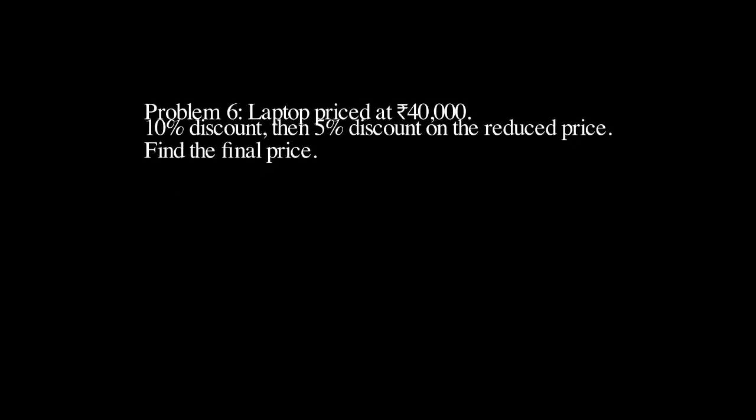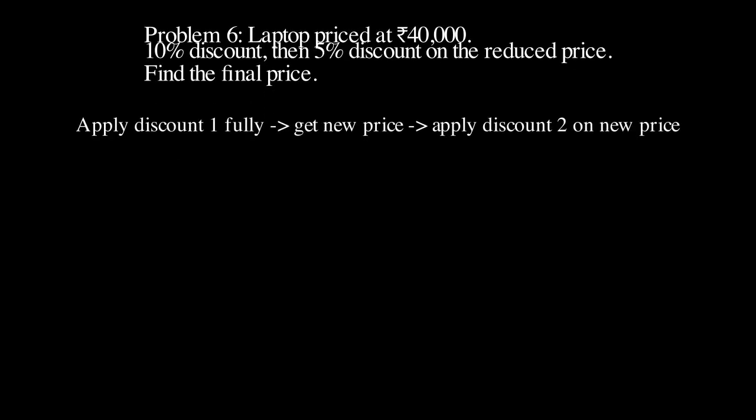A laptop is priced at 40,000 rupees. During a sale, the shop first gives a 10% discount and then an additional 5% discount on the reduced price. What is the final price of the laptop? This is exactly like the television scenario. With two successive discounts, we cannot add 10 and 5 together. We must apply one discount fully first, get the new real price, and then find the second discount on that